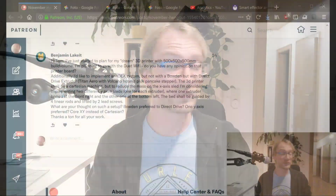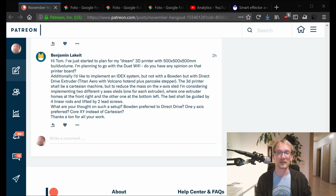And he also wants to do an IDEX system, but not with a Bowden. So IDEX, independent dual X-axis, like the Sigma has, two X-axes that can move independently, with direct drive extruders, Titan Aero with Volcano plus Pancake. Yep, makes sense. Should be Cartesian. Yeah, it needs to be Cartesian for IDEX. Could also be a dual core XY. But